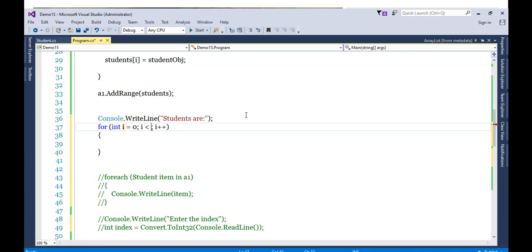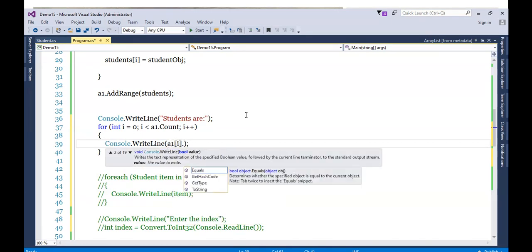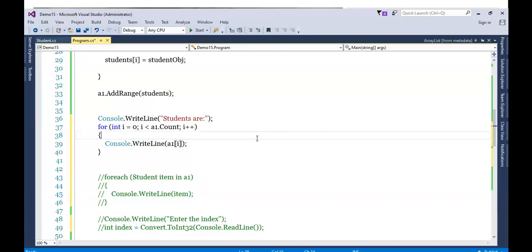So i less than a1.Count. The Count property will return the size, and i plus plus. And here I will write Console.WriteLine(a1[i]). Do you think this will work?